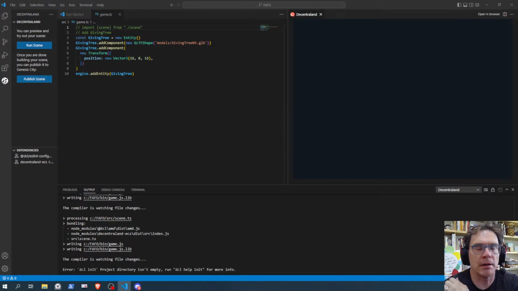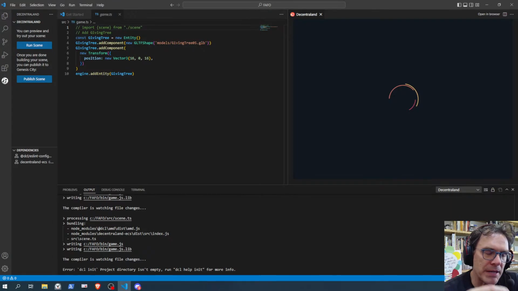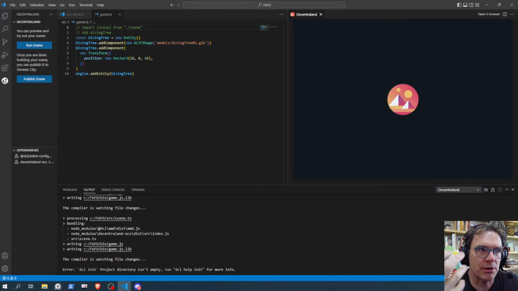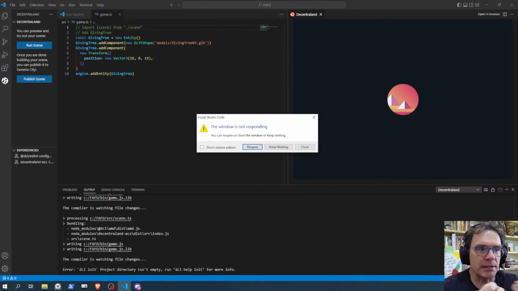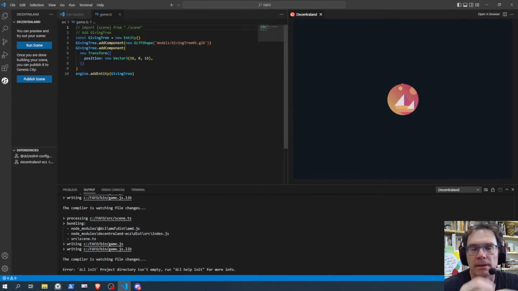If you start it that way, instead of being integrated into Visual Studio Code, the DCL editor that starts up gives you these little editing widgets to be able to translate in X, Y, and Z. Z is in and out. But in this one, it doesn't.